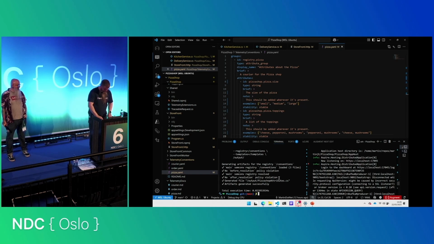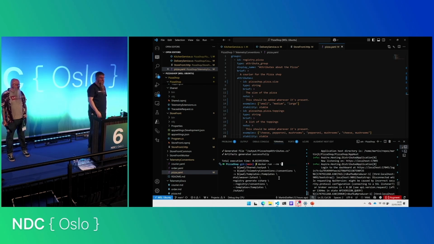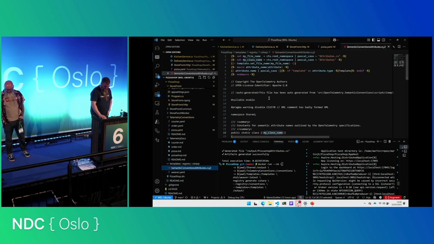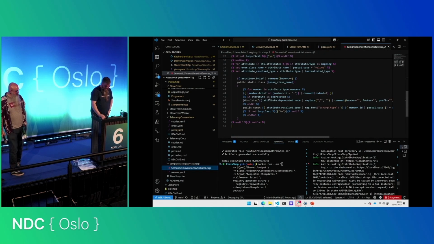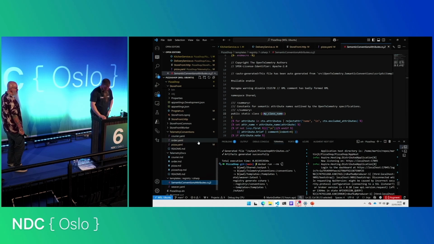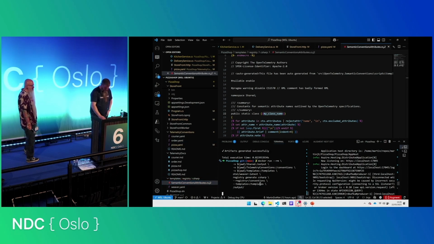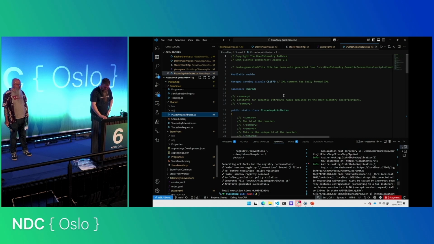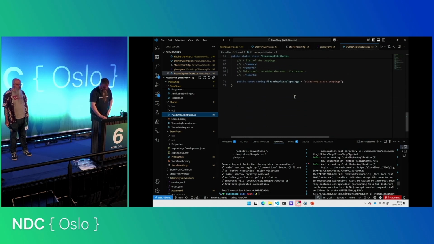So we can use that. One of the cool things as well is you can run this entirely through Docker, so you don't have to install any tools, as long as you've got Docker. In here, you've got some command lines it's going to pull down. It all uses these things called Jinja templates. You can actually use them from the repos; you don't have to write them yourself. We're going to run that, and that should add some stuff, there we go, our pizza attributes. And we've got a load of pizza attributes now.